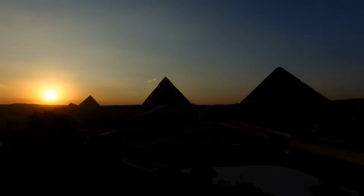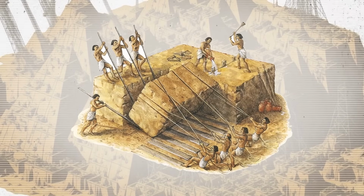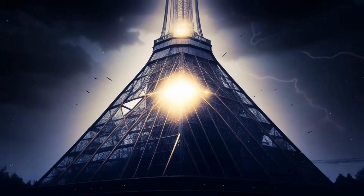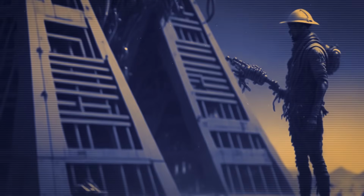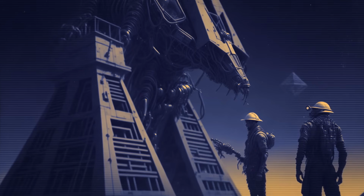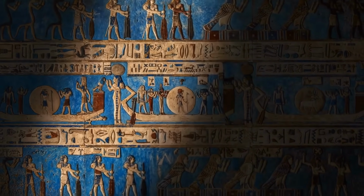One of the biggest questions is how they were built. Some people think that the pyramids were created by people using only their hands and muscles. But others think that there might have been some kind of crazy energy source that we don't know about yet. Like, what if aliens helped out or something? Just kidding. But this idea of some unknown energy source being used to build the pyramids has been around for